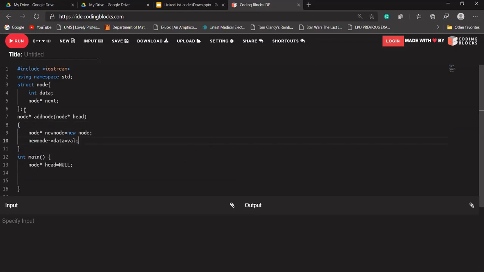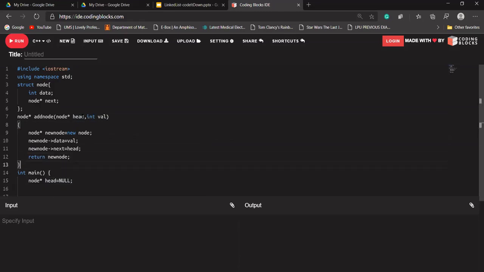That should be a value, and the value should be passed to it. Next should point to it because we are adding at the front. It should return the new node now because we are adding data at the front of our linked list.